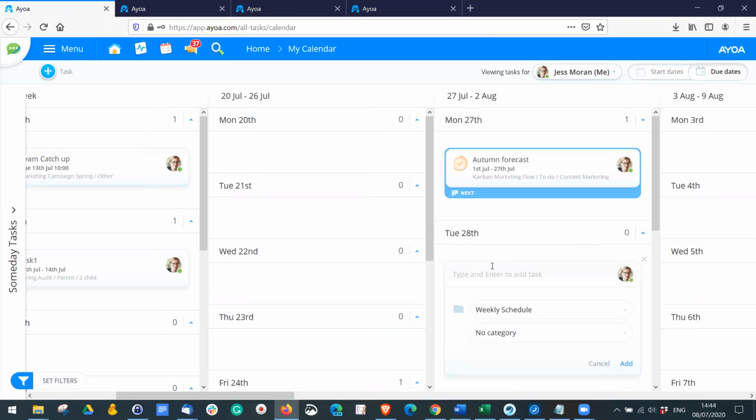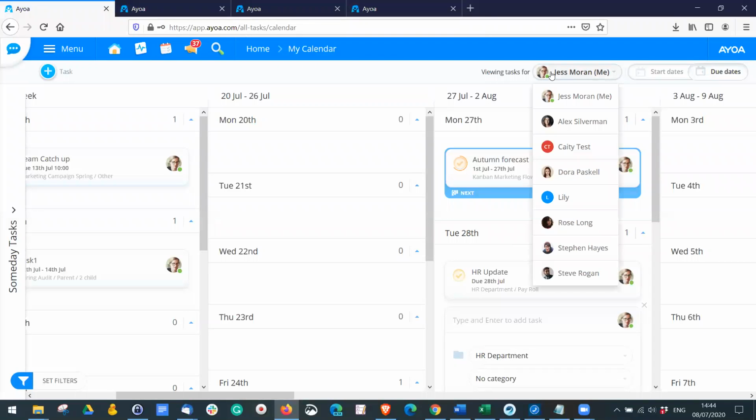On my own calendar, I can add tasks here as well. I can either add them to the calendar exclusively, or I can pick and choose exactly what task board I want to add them to, and add the task here. So it's another really easy way to add tasks quickly, but when I really want to consider the dates more than the priority. As well as viewing tasks for myself, I can click on here and view the tasks